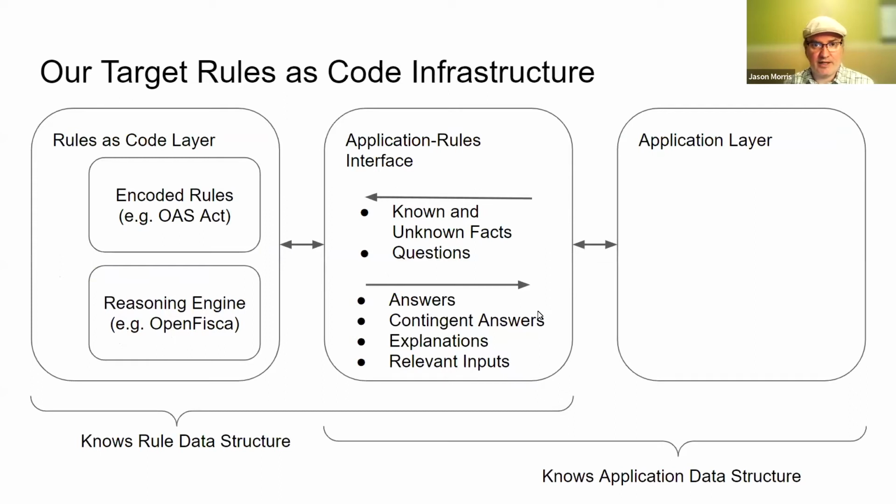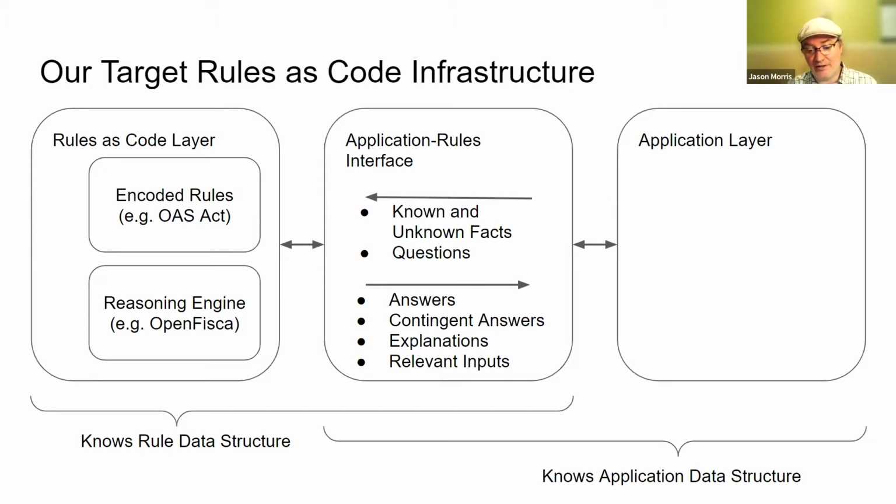This is a diagram that kind of shows what we were thinking of in terms of our infrastructure for how the rules as code part would work. The rules as code layer is the part on the far left, and there you have a reasoning engine like Open Fisca and an encoding of the rules, and that gets delivered as an API on the web somewhere. So that becomes an application that someone can send a question to, and it'll send an answer back. Skipping over to the far right, that's your application. That's where you display pages to the user, you ask for inputs, and then that sends a message over to the rules as code side, gets an answer back, figures out what to do with that answer, and then does the next thing, whatever that is.